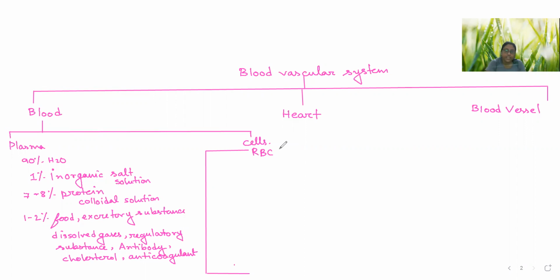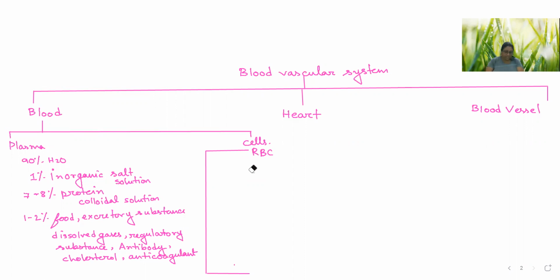If you look into the shape of RBC, they are generally oval and biconvex. Specifically, mammalian RBC is biconvex, meaning that if you look into the structure, it will have a structure like this. The margins will be slightly elevated and in between there will be one depression. But in amphibians, reptiles and others, you can find variation in the shape of RBC also. They can be oval, they can be nucleated also in some cases. But the mammalian RBC is always biconcave and it is